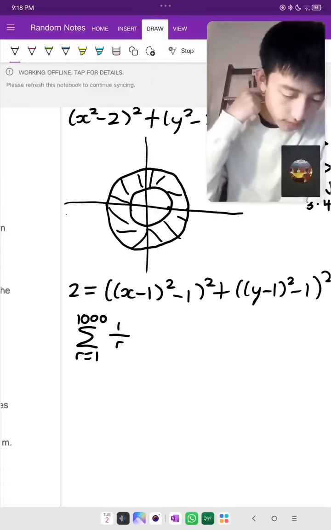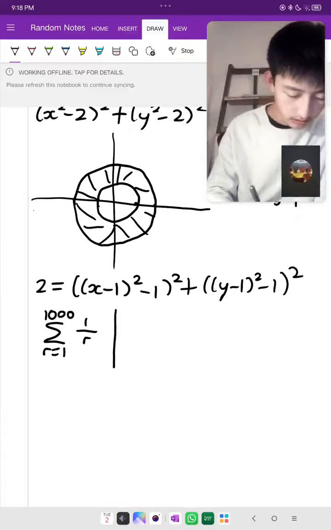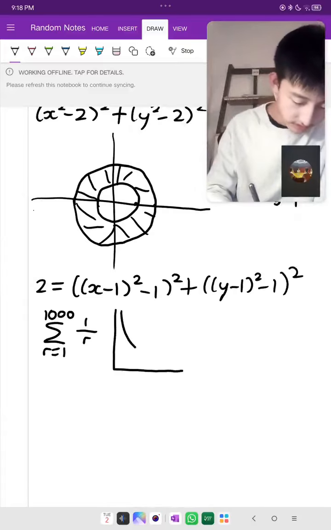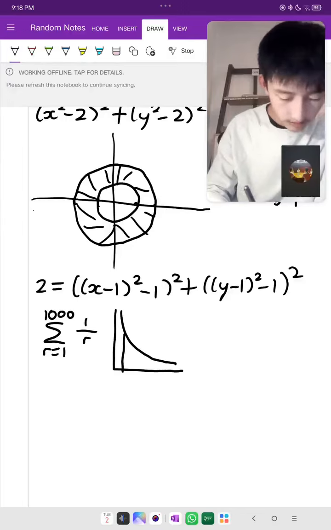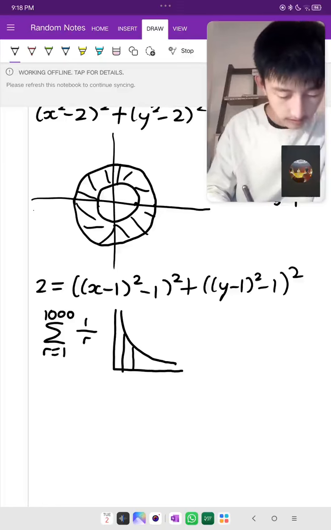And I could approximate this with an integral perhaps. So if I sketch what 1 over r looks like, then at 1 we're going to have 1, at 2 we're going to have a half. So if I were to approximate this area,